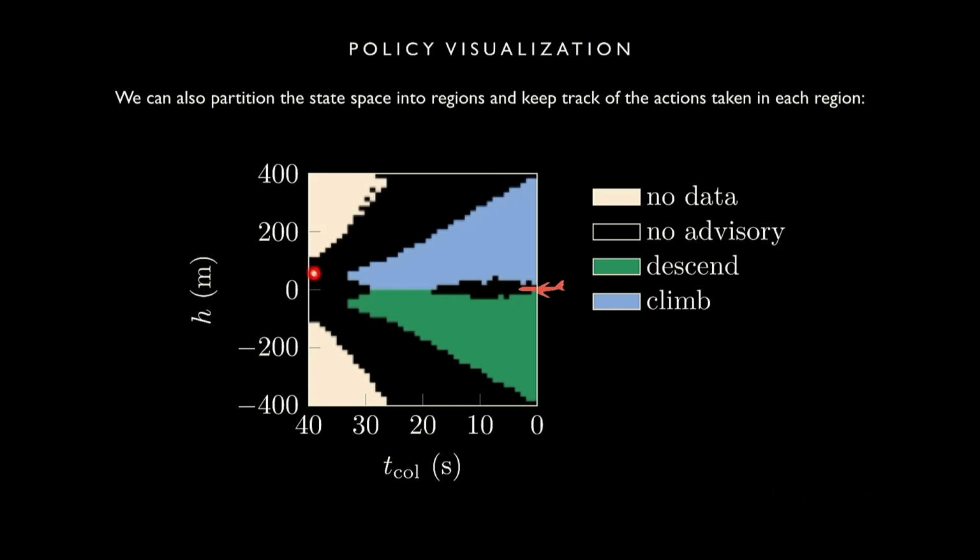And so it might not always have the same vertical rate or previous action within these regions, so it might not always take the same action in each region, but we just keep track in each region of the action that it took. And then, for example, we could maybe plot the action that was taken most frequently in each region. Yeah. Sorry, what is this trying to solve?